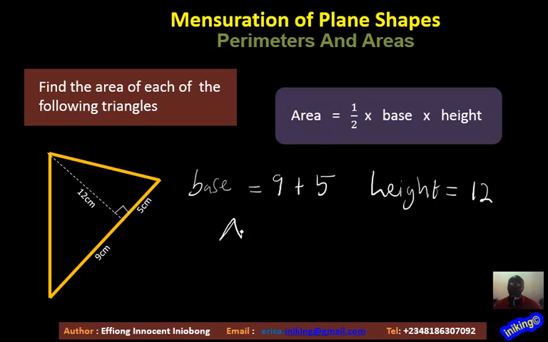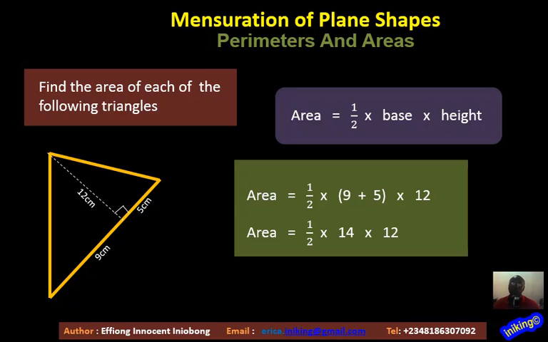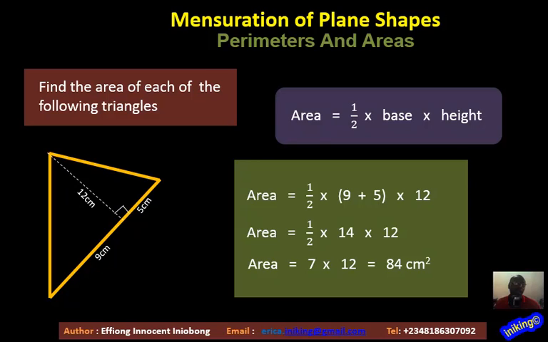So our area will therefore be half times what? Half times 9 plus 5, which is our base, times the height, which is 12. And that gives us half times 14 times 12, which is 7 times 12, which will give us 84 centimeters square. And lastly, we look at